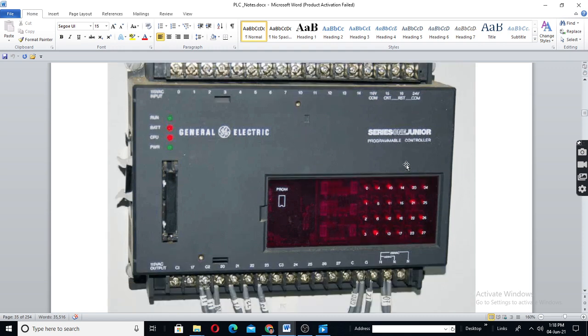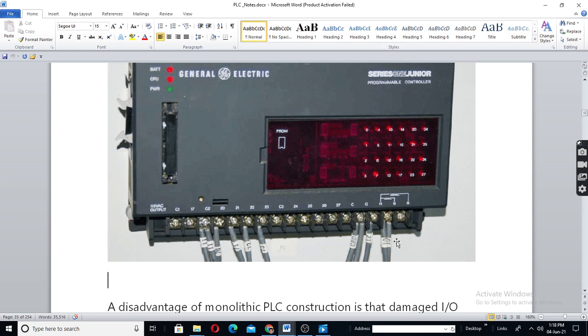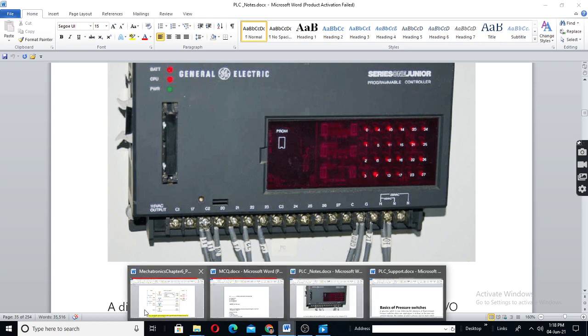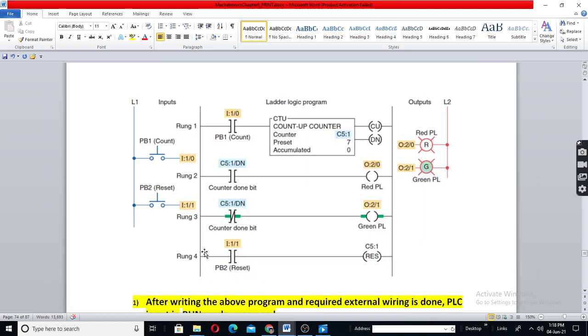There are many things, interrupts, and here I think is the supply. So inputs and outputs, where they are connected, those points are called screw terminals. Sometimes they say only terminals.